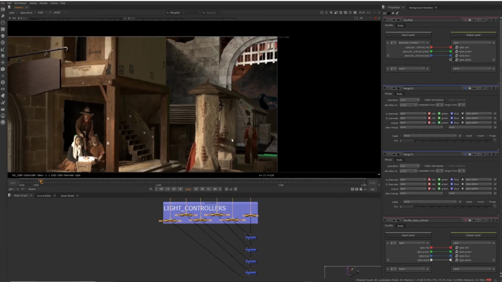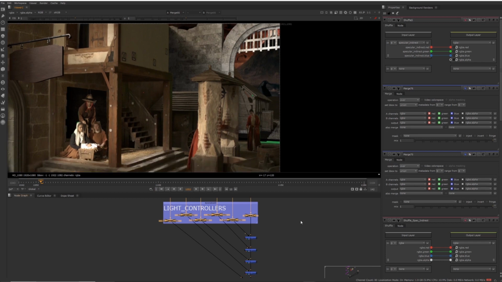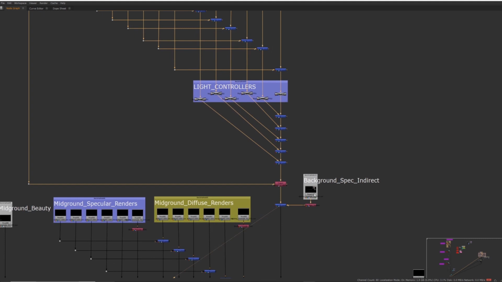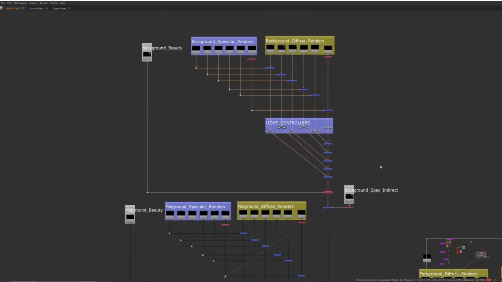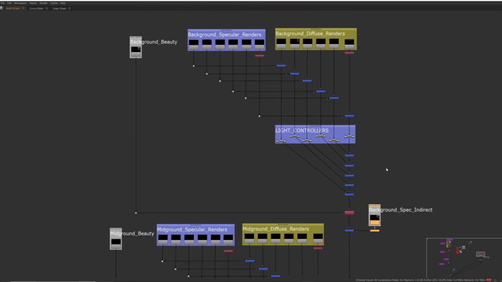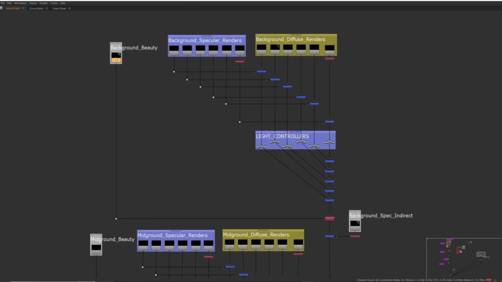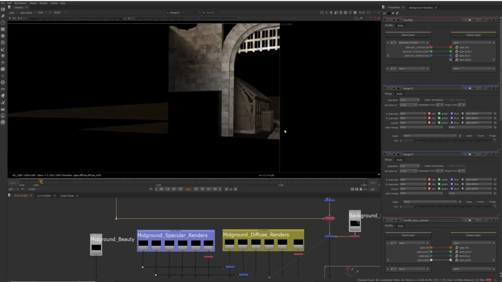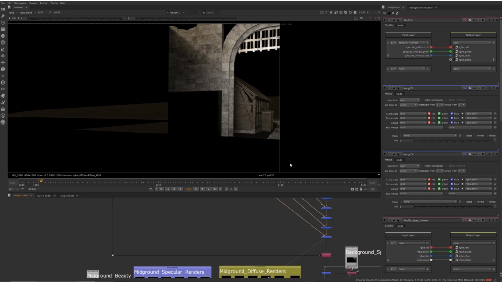So I've added in those specular indirects. What we can see is, if I look at my full background layer with it added, I added in some backdrops just so everything is clear. So we can look at the beauty background and then the other one, you can see it's exactly the same thing. And before it looked like, let's go,